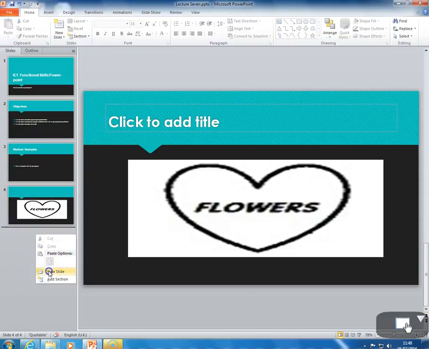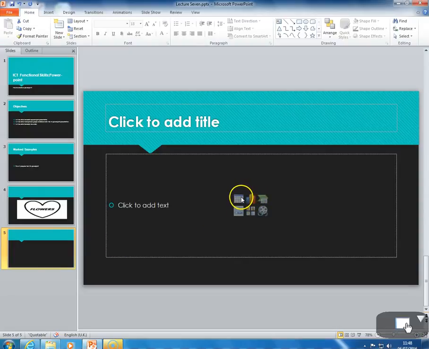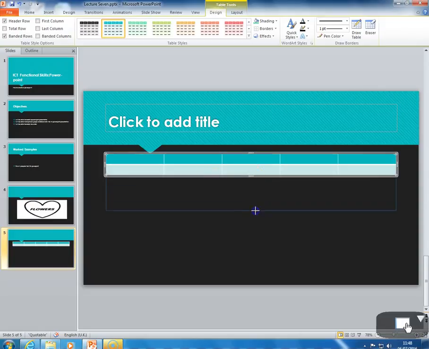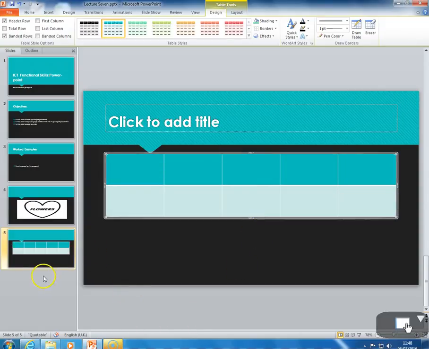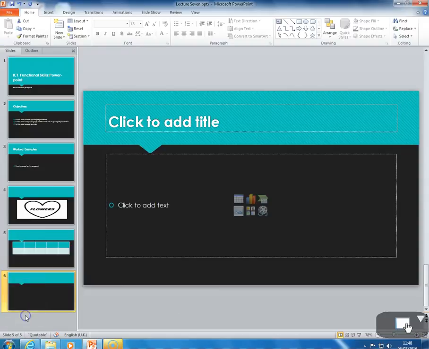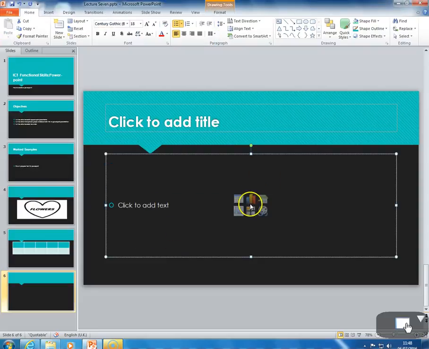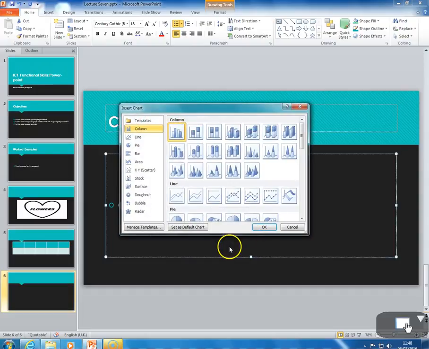If I click on a new slide, you might want to insert a table. You can see that table there, and I'll just click a new slide. And you might want to insert a video. You don't get asked that, but if you did, you would click on that, and it is a video file. You can bring in a video file. So a range of things. You could create a chart in here, and that sort of thing. If I clicked OK now,